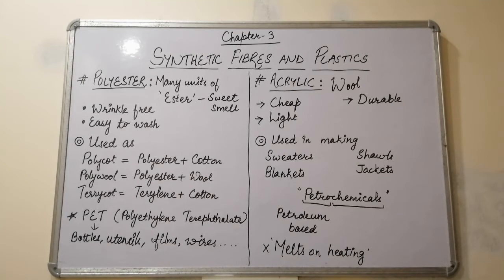Now the full form of PET is polyethylene terephthalate. Polyethylene terephthalate is a material which is very flexible. It is very fine, as we have learned that terylene forms very fine fibers. So the polyethylene terephthalate, which consists of terylene, also is very fine. It makes your transparent bottles which are flexible, very fine, or you can say very thin, and they could be used for storage.